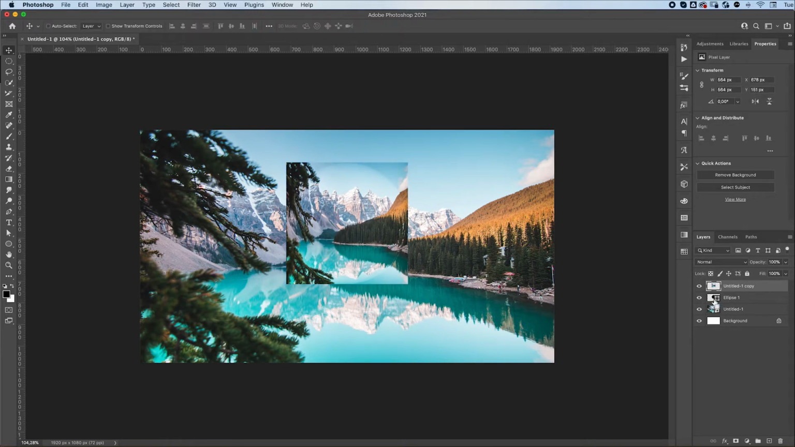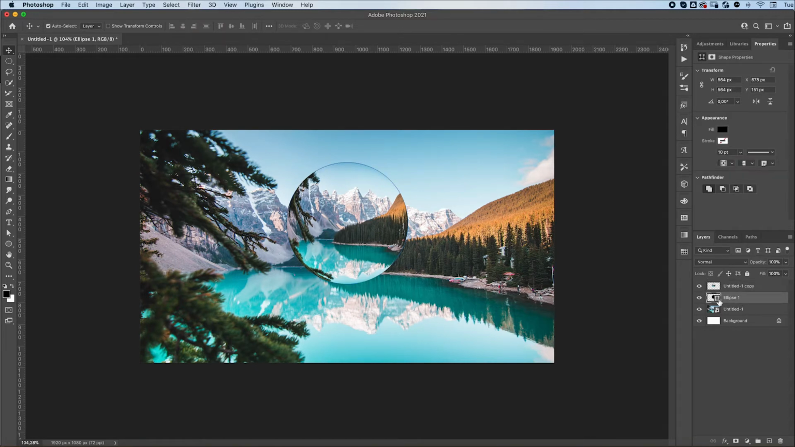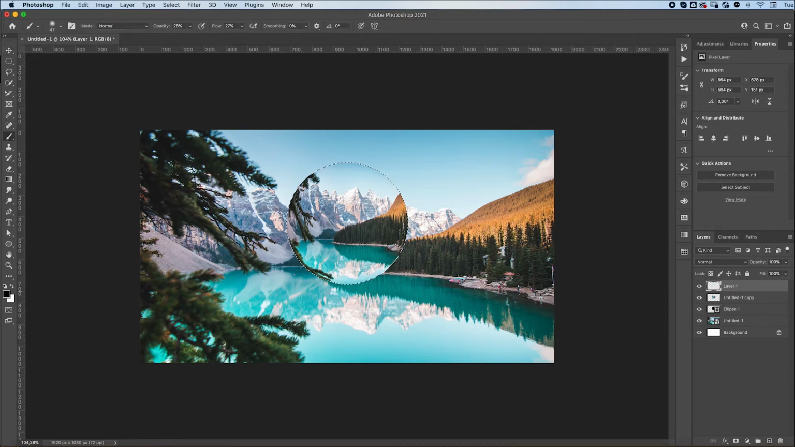Hold down Command key and click on the thumbnail of your circle. While your top layer is selected, Shift Command I to invert your selection and then Command X to cut away the excess. You can now reselect your circle, add a new layer, and with the brush tool